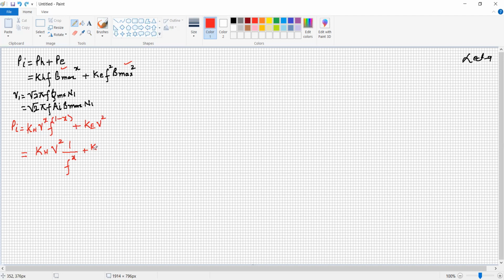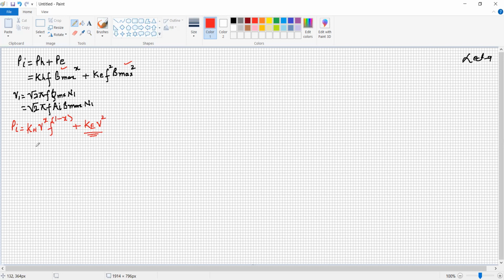From this equation it can be understood that the eddy current loss is independent of frequency. There is no frequency term. So eddy current loss is independent of frequency, whereas it is proportional to square of voltage. Whereas for the hysteresis loss, if we increase the frequency, it is 1 minus x. So therefore, the hysteresis loss increases with voltage when the other is constant.